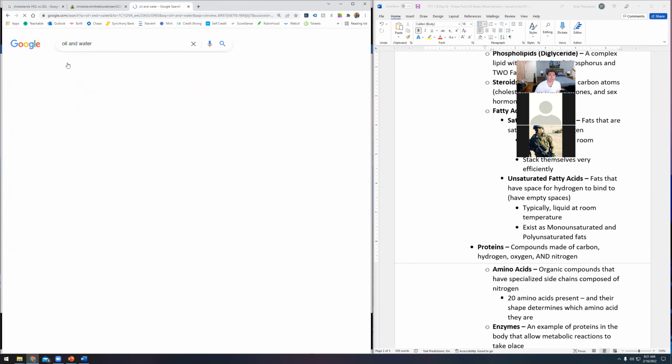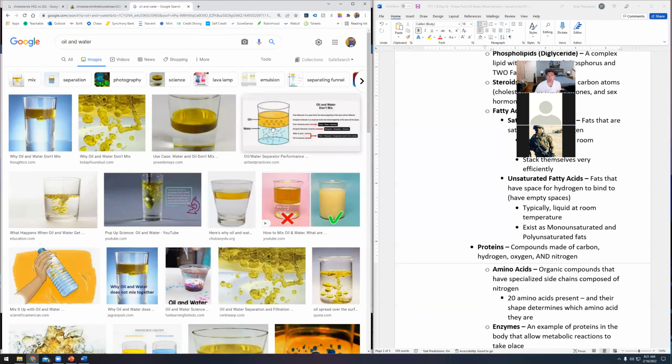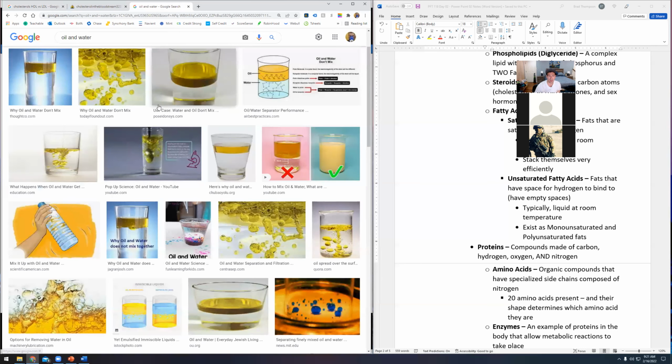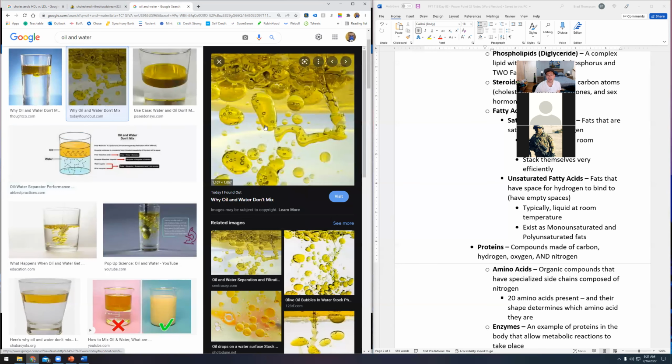we always see it. One of the other reasons the oil makes these big globules is because of what I said, right? The hydrophobic ends go in, the hydrophilic ends go out. But then we have a different thing to look at here. We also notice that the oil raises to the top. That's because it's not as dense as water. And because it's not as dense, it's much more buoyant. This would have a different density than this.